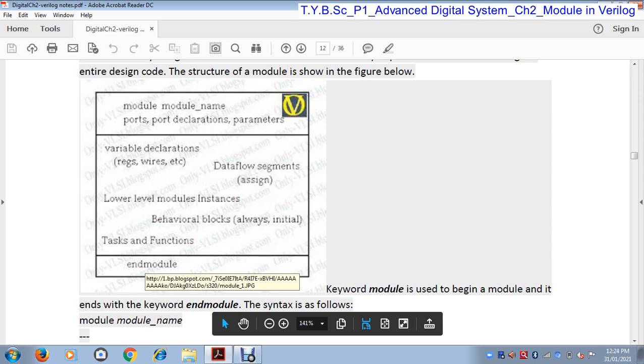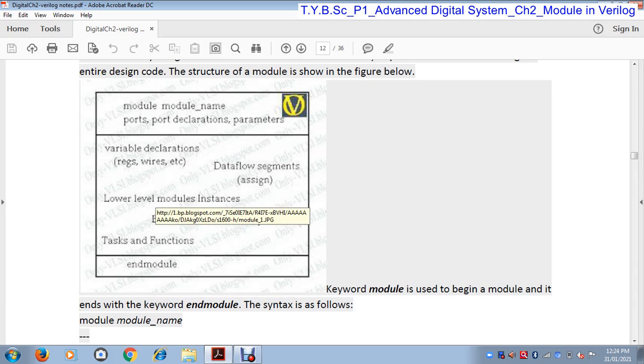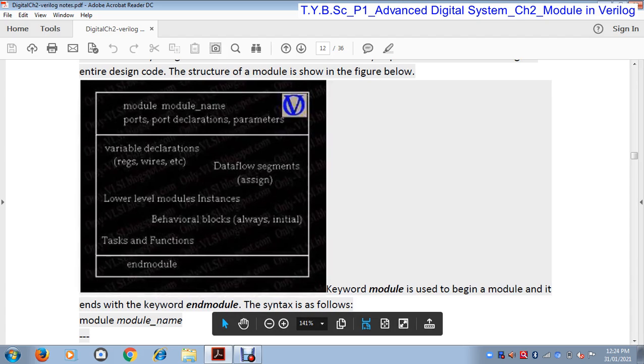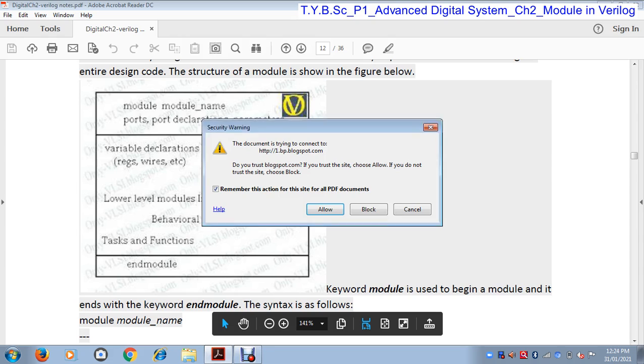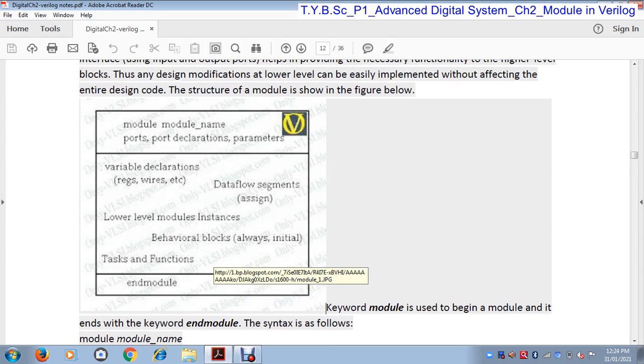And this is the end module. In C language, when a program ends, the curly bracket or getch function is used. Similarly, in Verilog HDL, when the module body or the functional body ends, it is defined by endmodule.